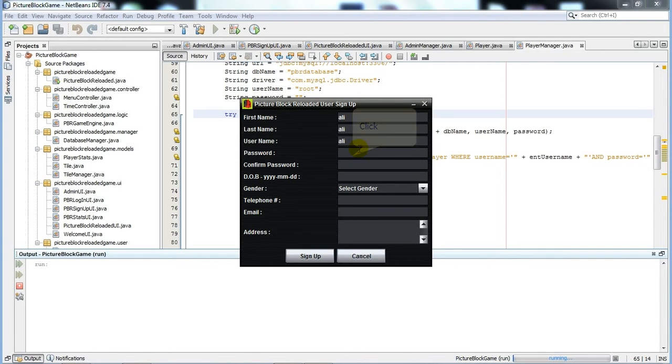Now if you want, we can fill out the information, but this will take time, so I'll fill it out and be back with you shortly. Now what we have here is the filling out of the form. You'd notice our password field, and entering in Ali again. As you can see here, the date of birth of the player is specified for how you must enter it. If you enter it incorrectly, it will prompt you with an error message when you hit the sign up button. Now what we'll do is enter in